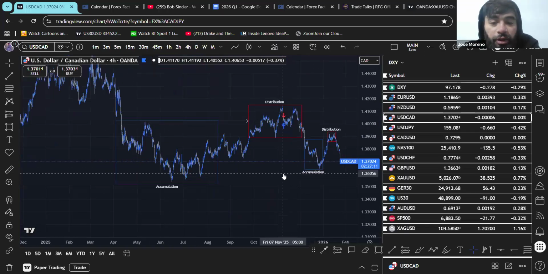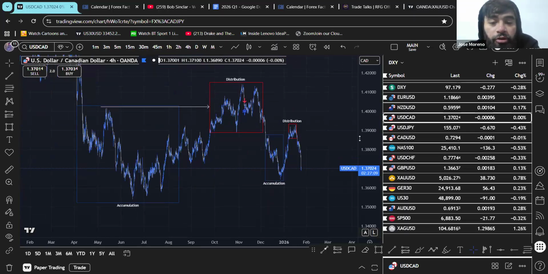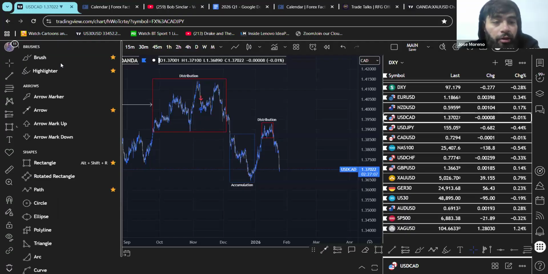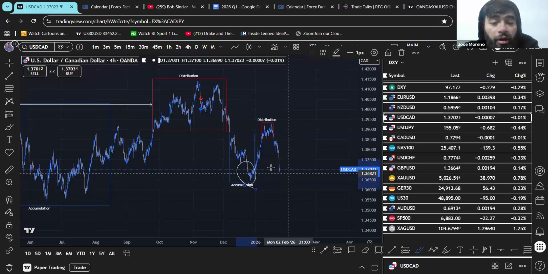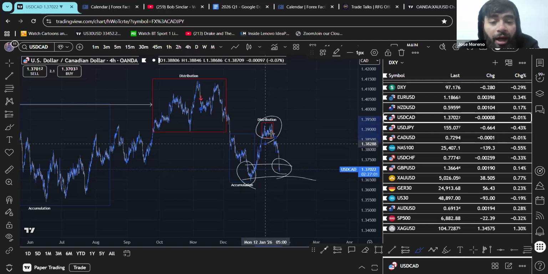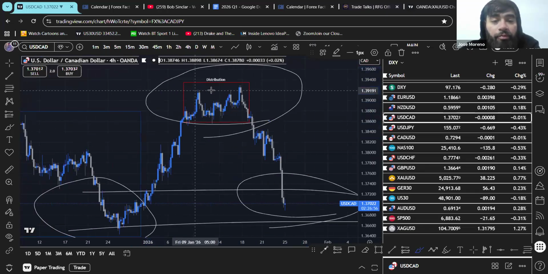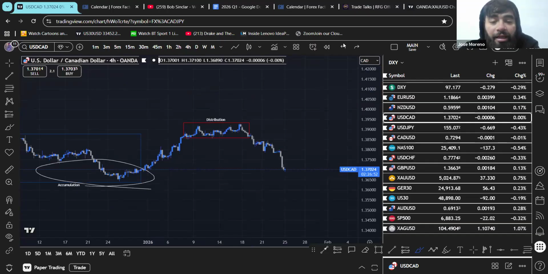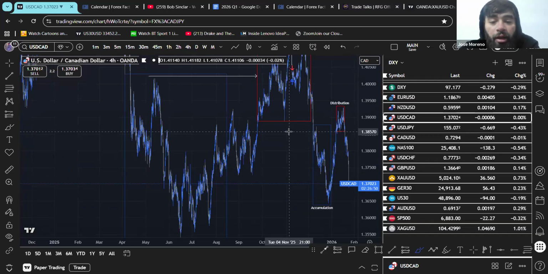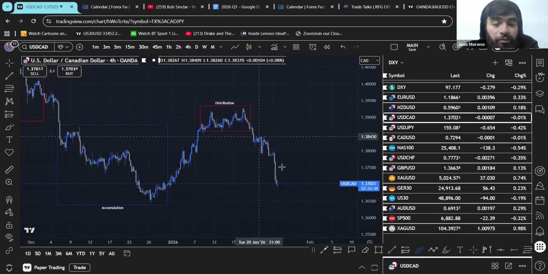So again, same thing as with dollar, we're still showing bearish structure. Even though we had an accumulation here before, if I'm going to look for buys here, I want to look at the high and see that there's liquidity in the high. I don't want to look at the high and see that we perfectly took liquidity with a beautiful institutional candle. That's exactly the type of setup I wouldn't want to take, personally, when looking for buys.